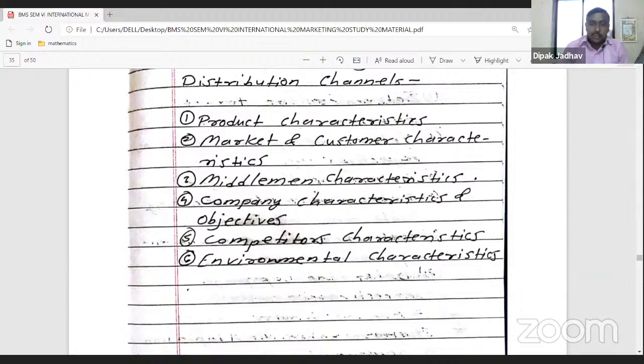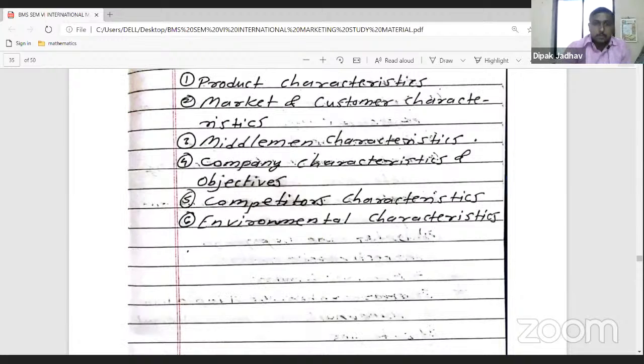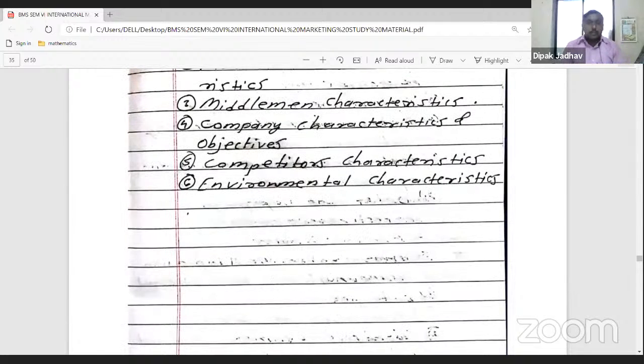And the environmental characteristics. Environmental means geopolitical, and then PEST: political, social, economic,